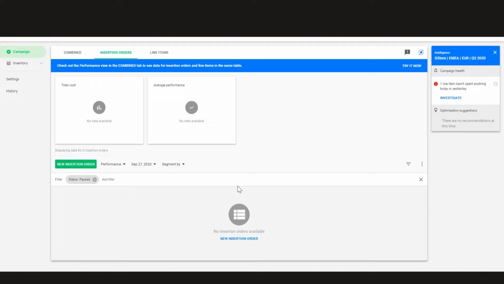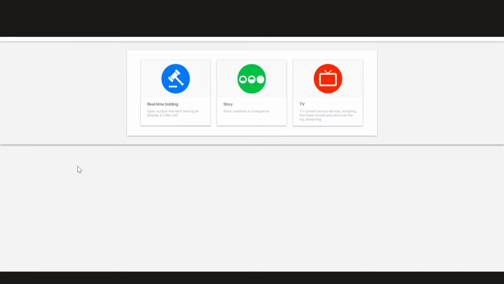Right, so now we will jump on to creating a new insertion order and I'll show you how to go about it. So we will click on this new insertion order button over here and then you will see these 3 different options. One being real-time bidding, which is basically quite similar to the bidding methodology that we use in Google Ads, like we bid for the ads, and there are different other channels as well wherein the same method is being used.